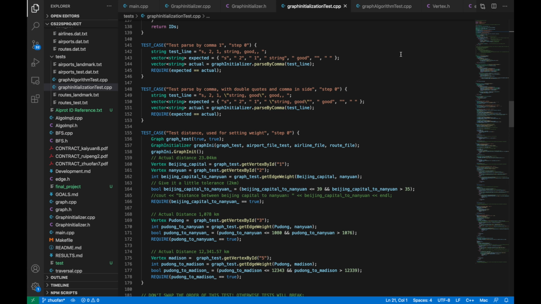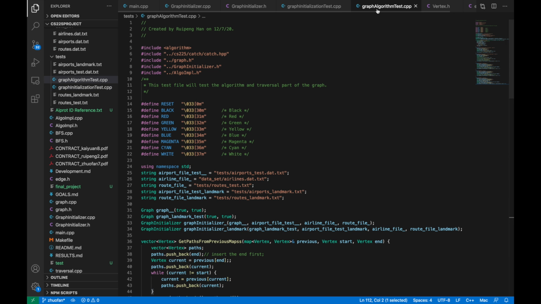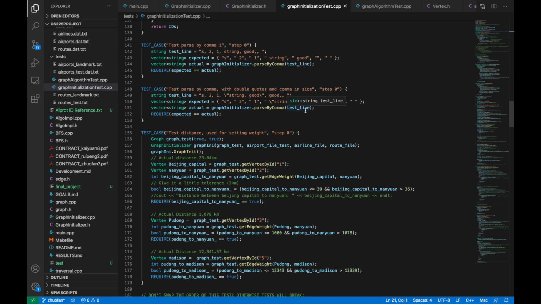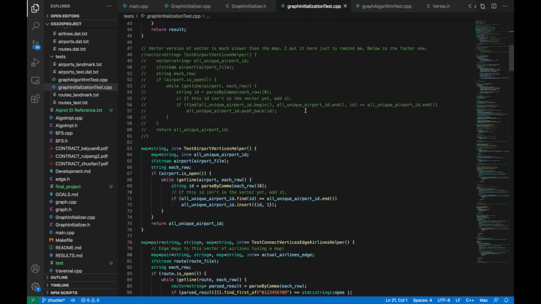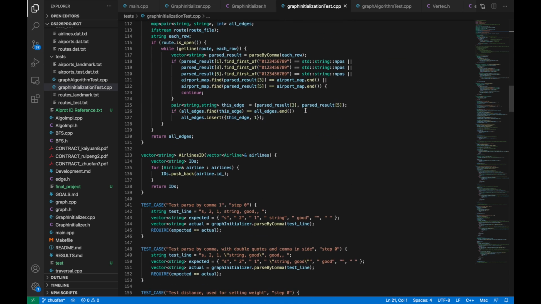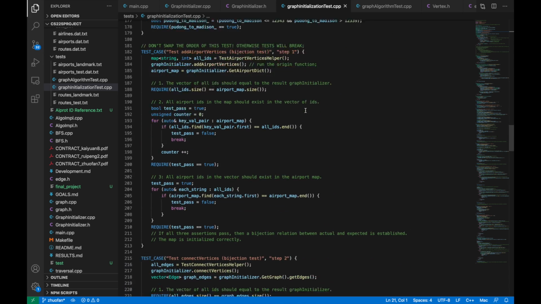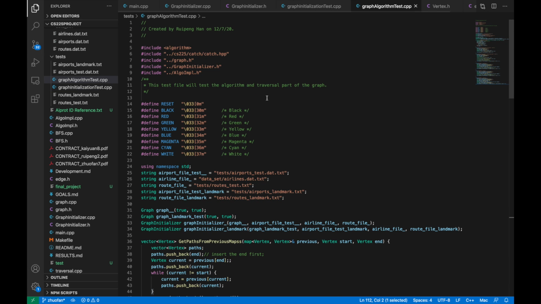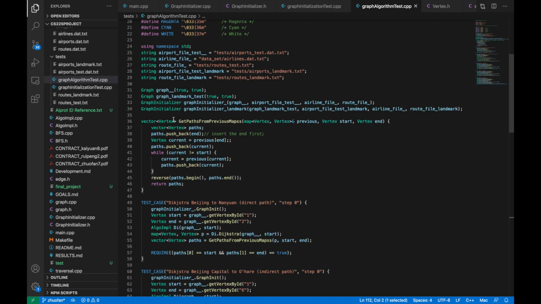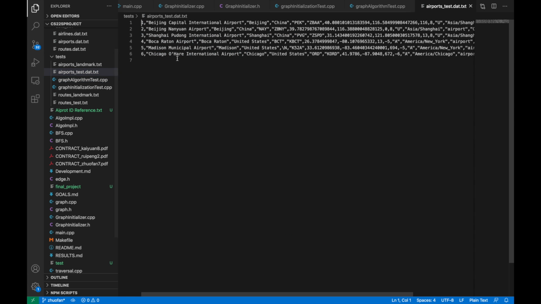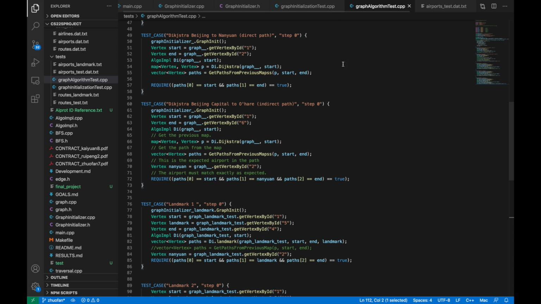For the testing, we have two sections. One of them is tests for the initialization part, and the other one is for the algorithm. Initialization is just pretty simple ones. For example, I tested parse by comma, testing the weight, testing the edges, something like that. For the algorithm, I actually made up some sample data sets that I can use for testing. Those are selected from some familiar airports that I know, and I can verify if that's indeed the shortest path